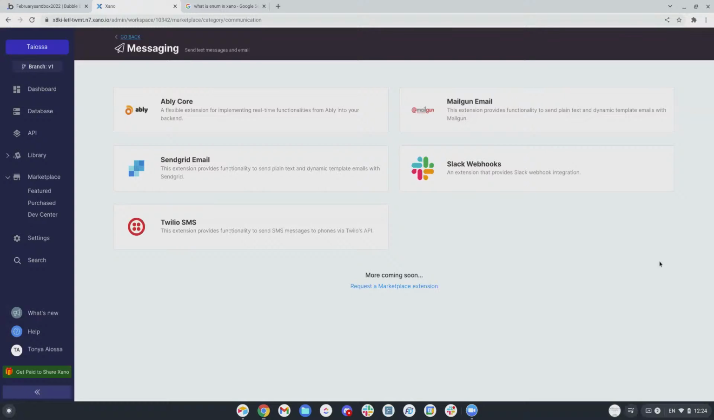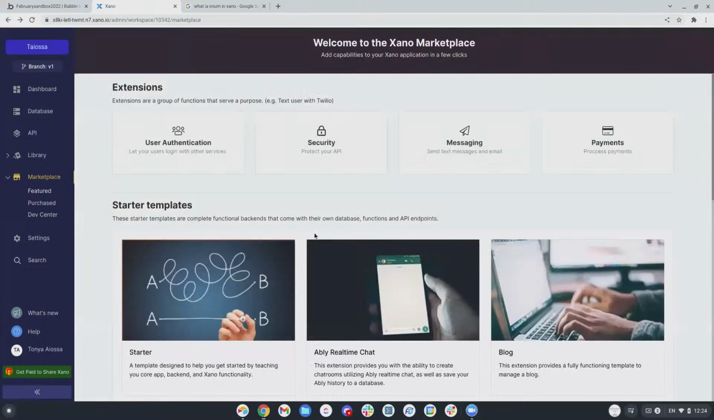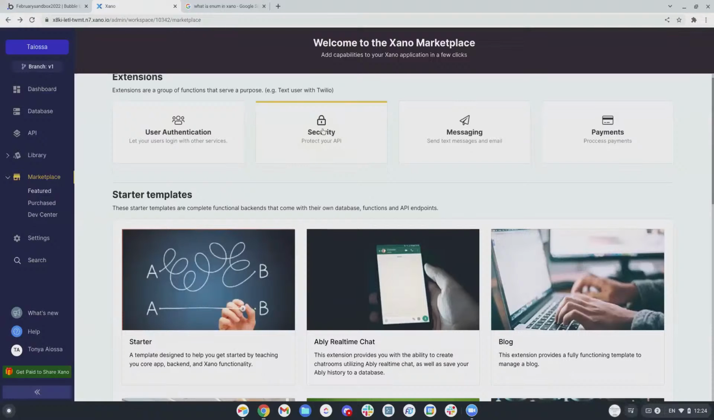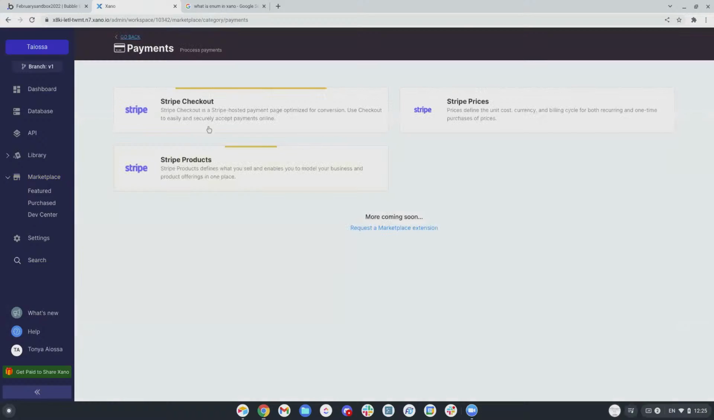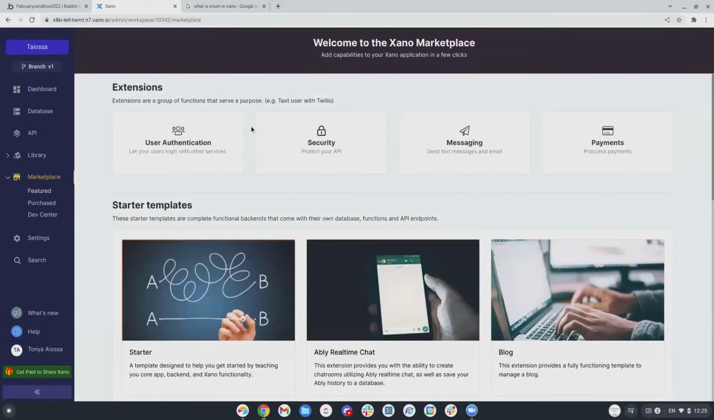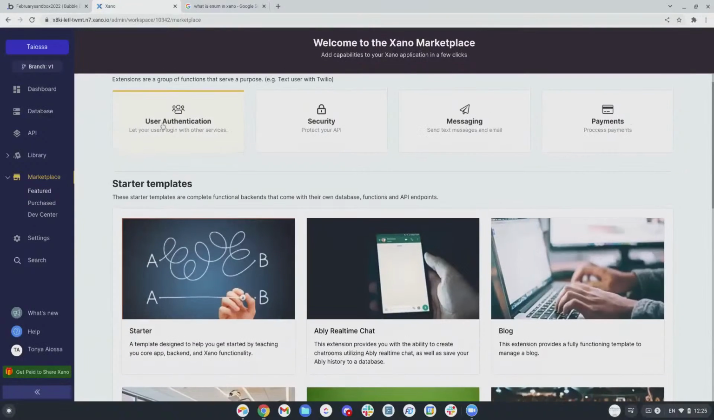For messaging, what were the other options besides messaging? Yep, there's another one. Okay, so security, payments, probably Stripe and PayPal. I would expect to see that here. Nope, just Stripe. Fair enough. I mean, Stripe's pretty dominant. Let's see what they have for user